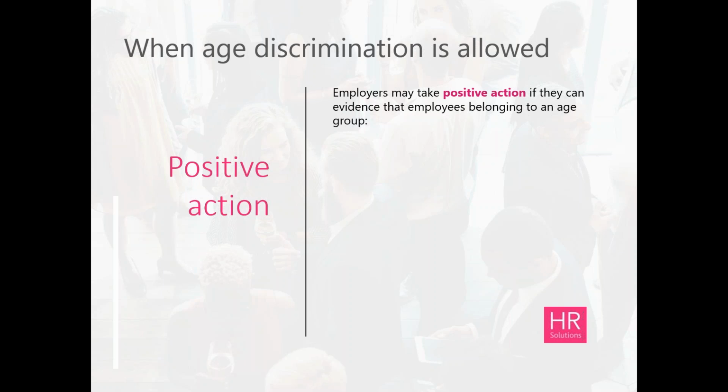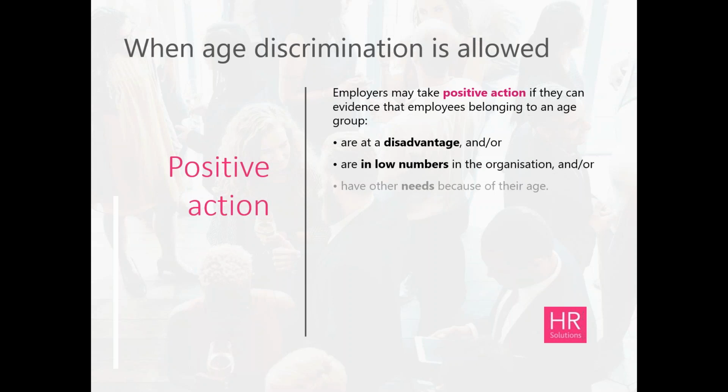Positive action. So if we're going to treat somebody a little bit better than we might treat another age group, potentially that would be lawful. But only if we can show that the group that we're treating a little bit better is at a disadvantage and/or they are in low numbers in the organisation and/or they have other needs because of their age, whatever that might be. Okay, so anything that we do has got to be proportionate and can't discriminate against other